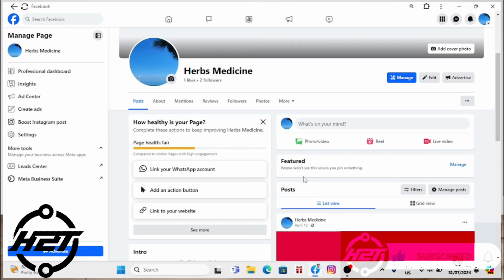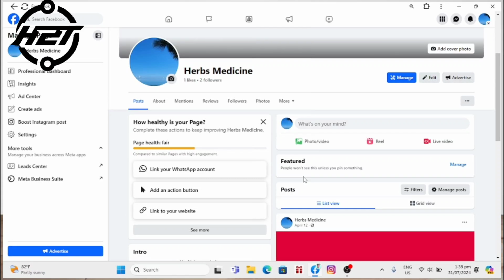Today I'm gonna show you how to change your Facebook page name on a PC or laptop. You can easily change your page name on desktop. But note that your page name is the title of your Facebook business page as shown by your profile photo. Changing this name will not change your Facebook page URL or web address, which is the same as your username and @name.